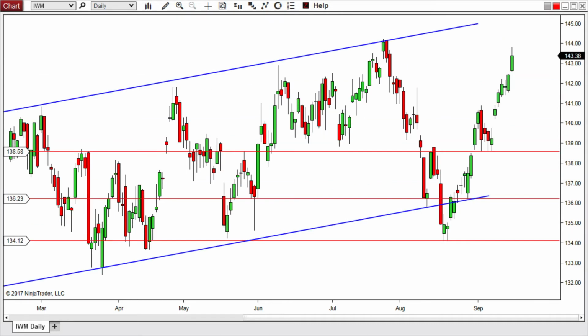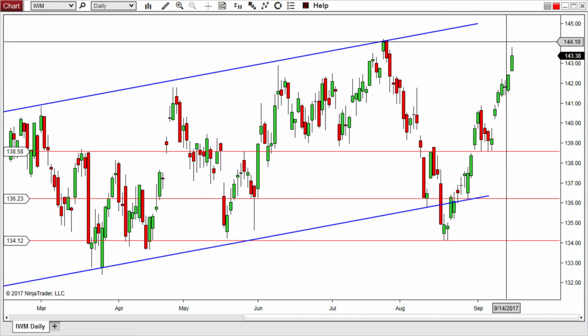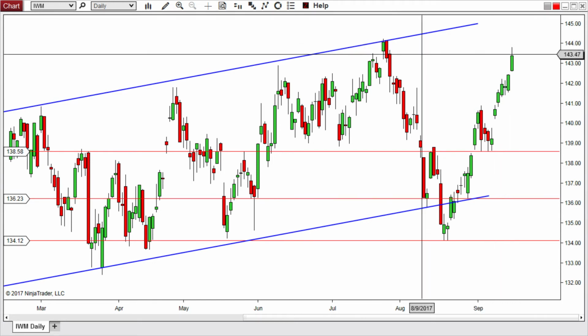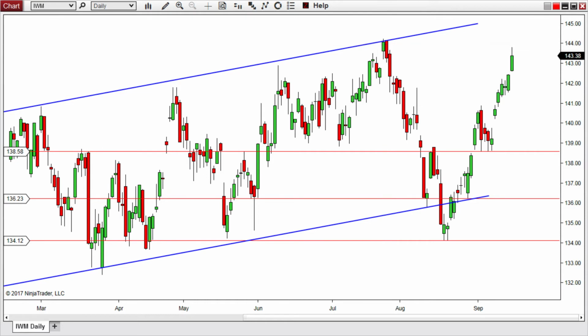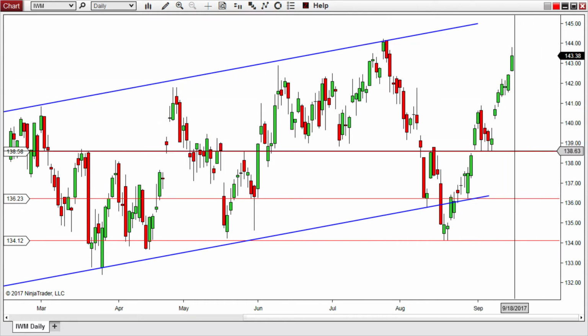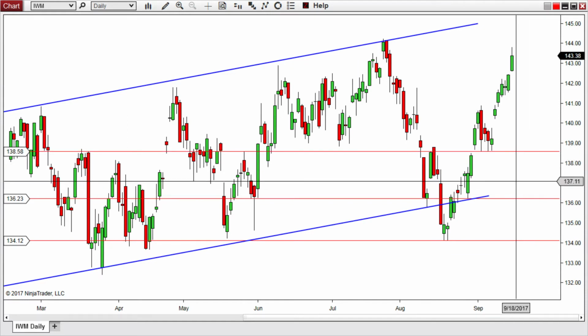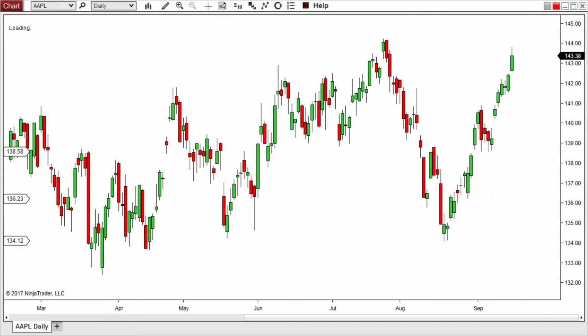And looking at the Russell 2000, the IWM, we'll be monitoring this level 144-ish. Right, this closing high somewhere in here, 144.05 to the intraday high of 144.25. Okay, if we come back down, then we're basically looking at this particular pivot here at this 138.58. Okay, so those are the indexes, and let's take a quick look at some of the momentum stocks, starting with